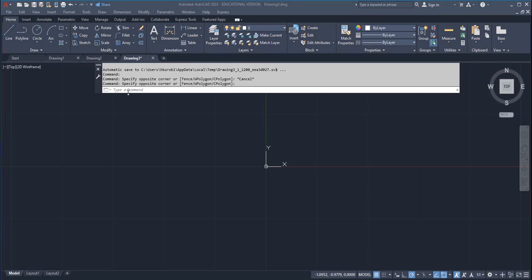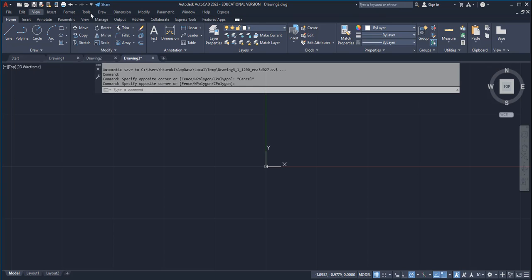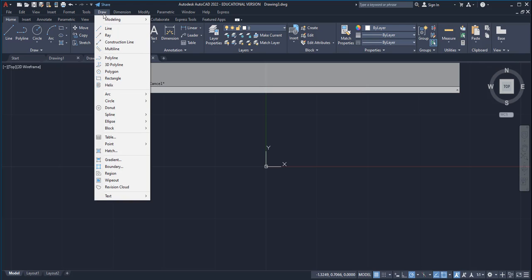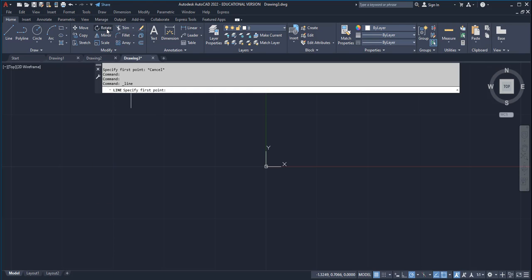So with the command prompt, we have a choice of going to the pull down menu, or going to the ribbons, or typing in the command in here. So like I said, if you want to draw a line, that's a command for line. Escape. If I want to draw a line through the pull down menu, line is there. Also, if you want to go click into the command line window, you could just type in line,